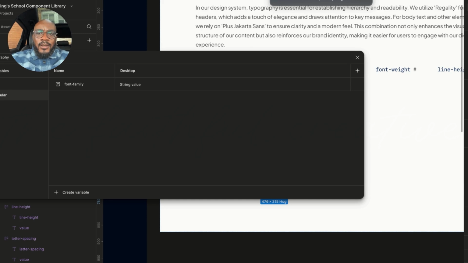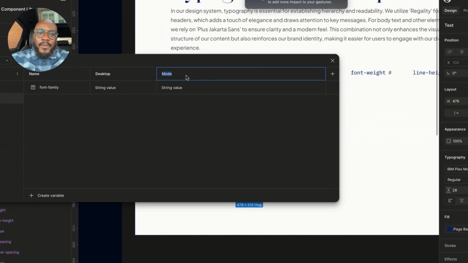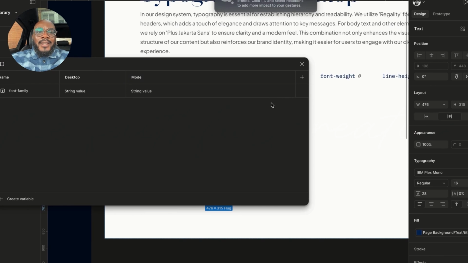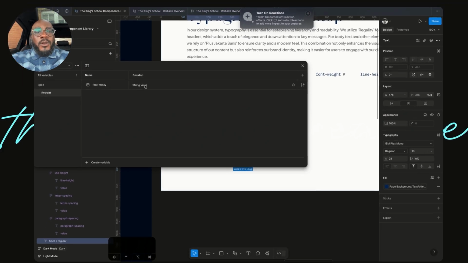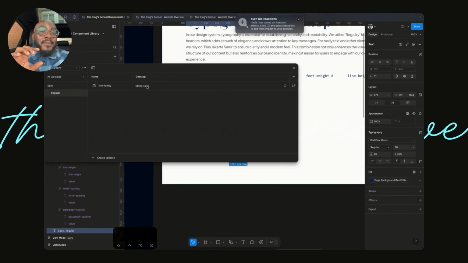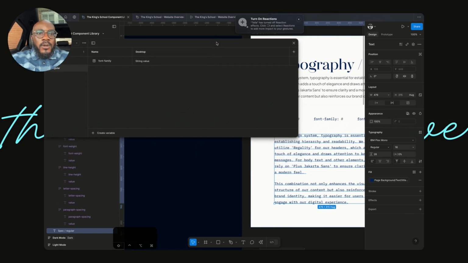The next thing we're going to set is tablet and then mobile. But I like to set all the strings first, because when you tap on mode, it'll literally duplicate the values you have. For time saving's sake, it'll save us a lot of time from writing things over and over again. So just keep that in mind. We're going to set up the desktop variables right now. So I'm going to set up the font name, which will be,